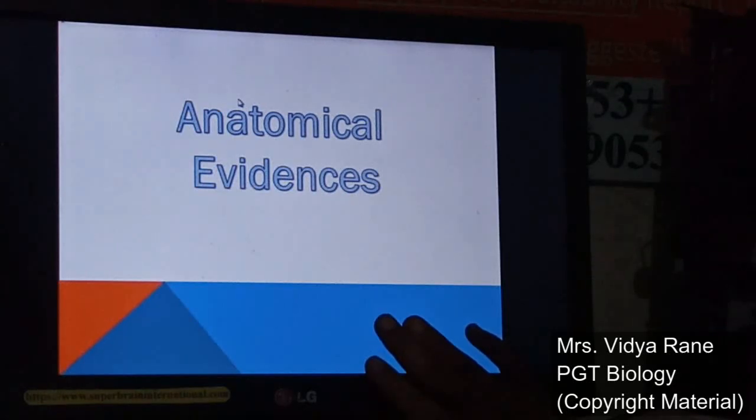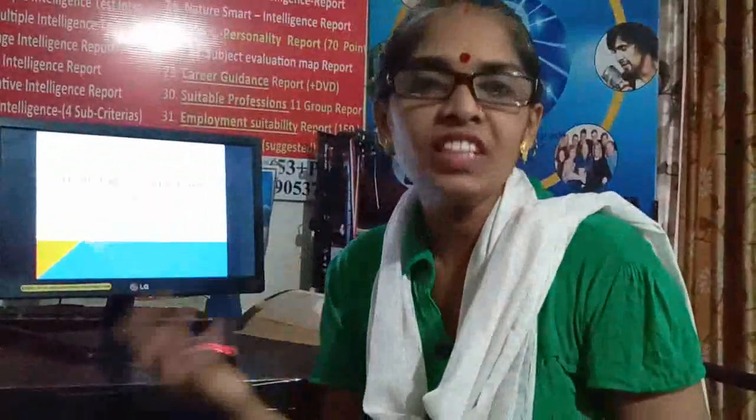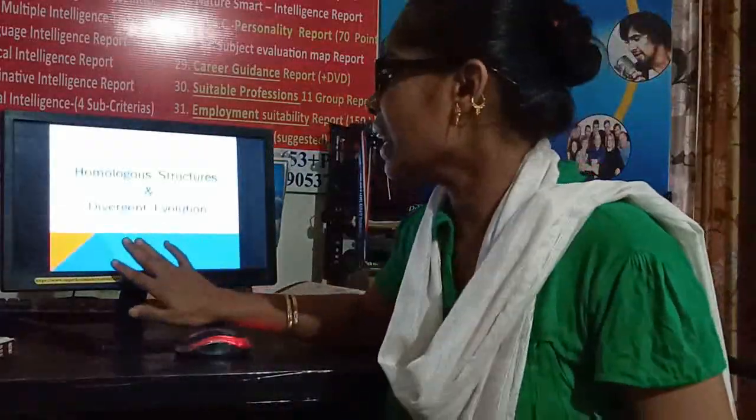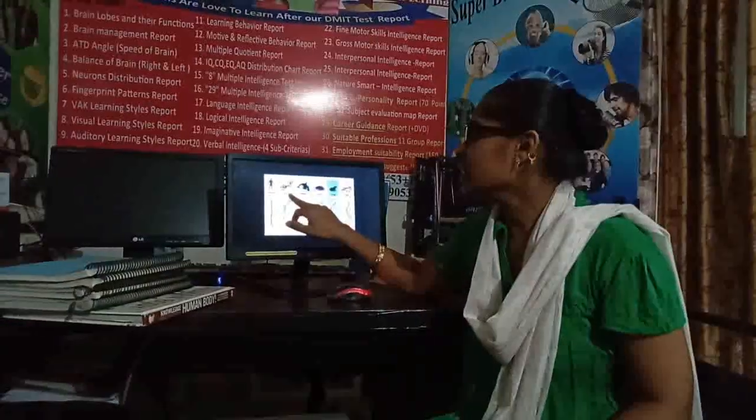Then anatomical evidences. In anatomical evidences we can see the anatomy of the organism, right? Now in the anatomy, if the organisms are the same or related to each other, then their anatomy is matching, right? So here we will see the anatomical evidences. In that, two terms are coming. One is homologous structure or divergent evolution, and the other is analogous structure or convergent evolution. That also we will see. So first see the anatomical evidences. In that, take an example of a human being. Then this is a horse.